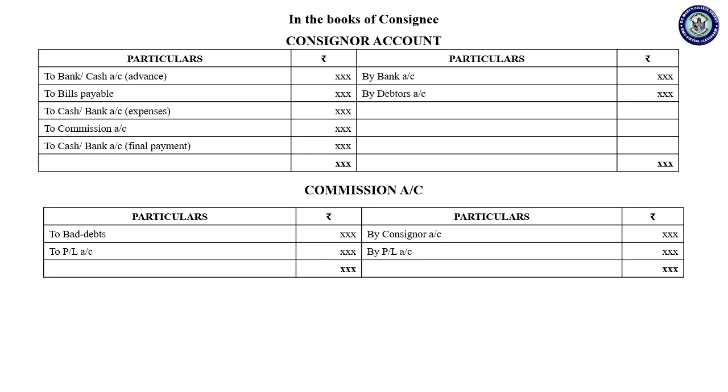Okay, so this is the format in the books of the consignee, that is the consignor and commission account. In the consignor account, you need to debit and credit two items, that is bank and debtor, that is the sale entry. The sale done by the consignee, that you are going to receive the money, and on the debit side you have to record all the expenses like bank and cash, that is advance. If you have received any advance payment, then you have to deduct that balance. For example, when I want to buy some units, sometimes the person may pay in advance, right?